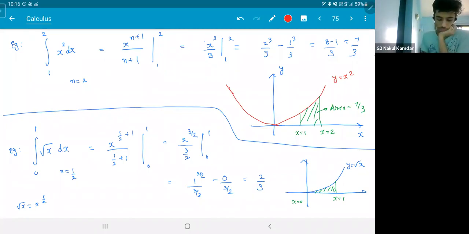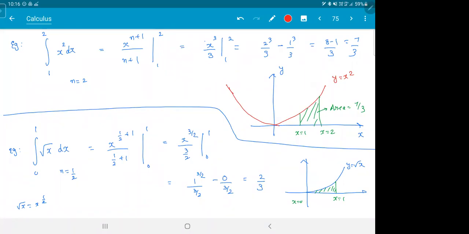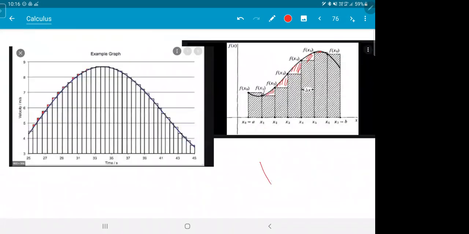You know this ballpoint, the ball is something you never saw. You must not be seeing. It's a very small axle. You know how a ballpoint pen works? There is the nozzle thing, and there's a small ball here. The ink falls on the ball, and the ball rolls. So that's what you see when you're writing with a ballpoint pen. That's what's called a ballpoint pen. So there's a very small ball inside that nib. And when the ink falls on that ball and the ball rolls, you get that line on the paper.